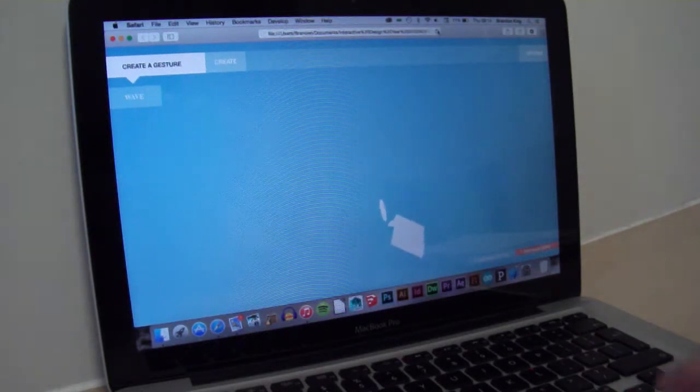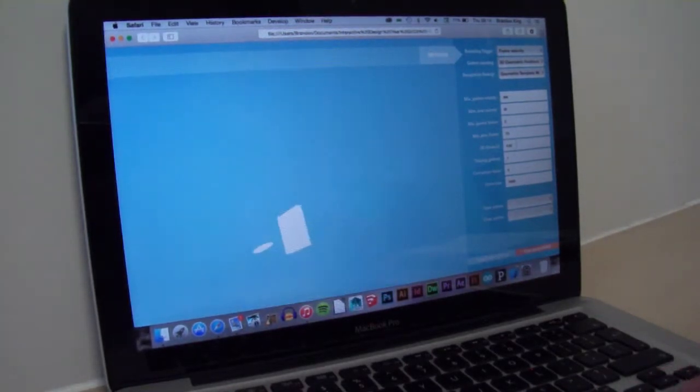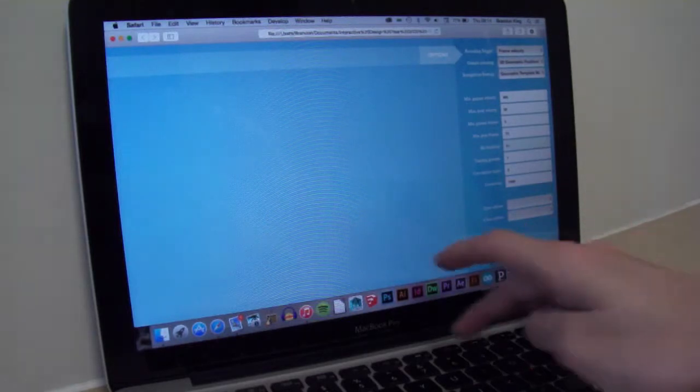So refreshing that again. There's also the option in here for the minimum pose frames, but I won't go through that as well. Hit threshold. Now this is quite an important one. It's the strictness of the gesture recognition. At the moment it's set to 0.65, but if that value were higher, then it will make the recognition of the gestures a lot more strict. So if I try increasing it to something like 0.8,